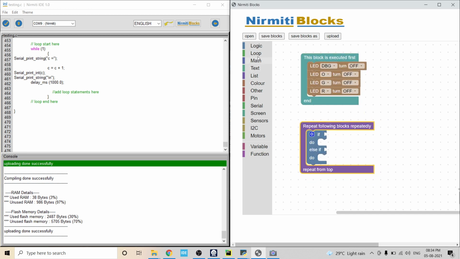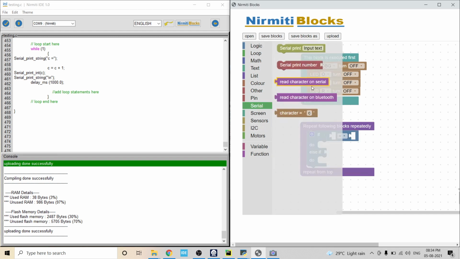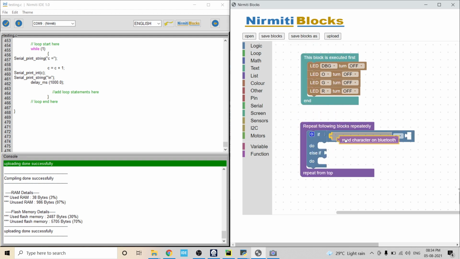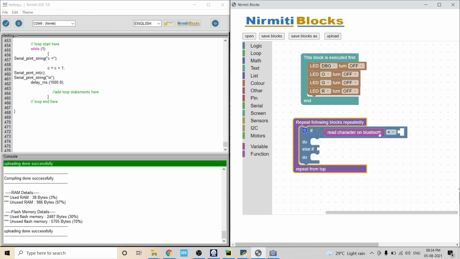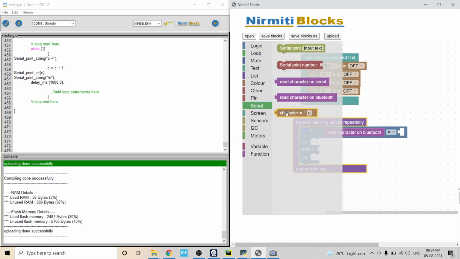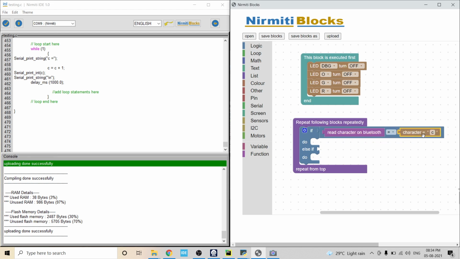Then take this comparison block, then to receive the data from Bluetooth, pick this block. If the read data on the Bluetooth is equal to the character O, if O is received, then we will turn on the green LED.